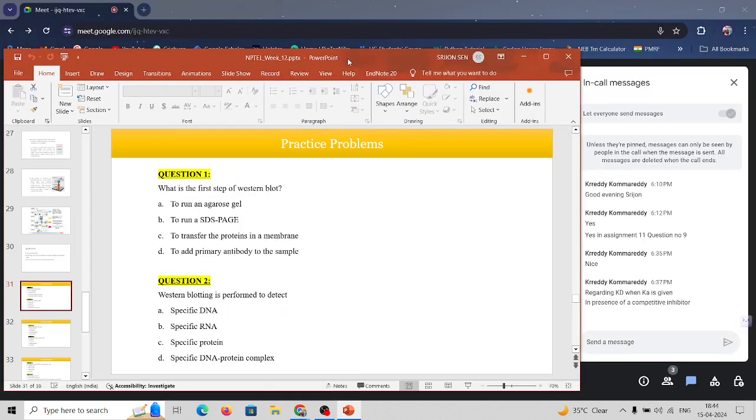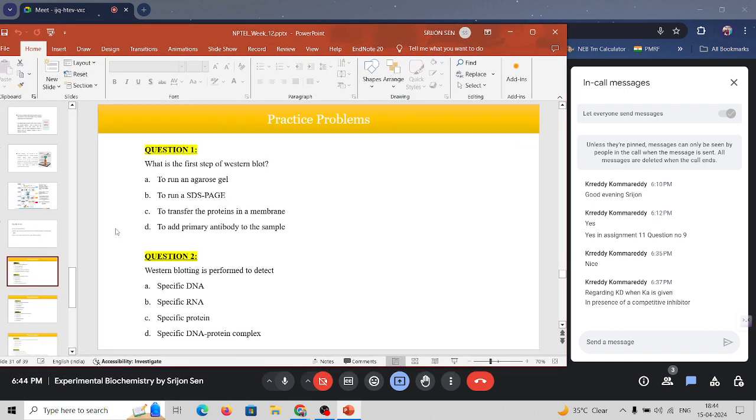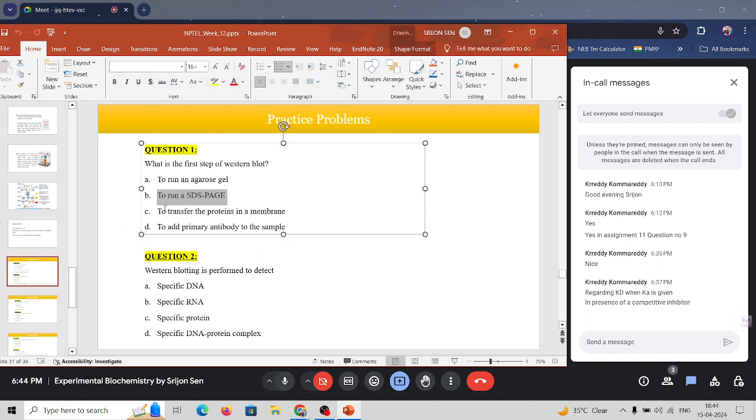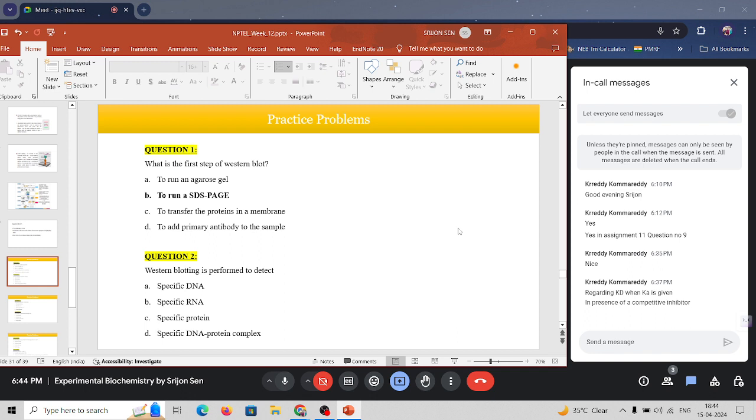So the first question says, what is the first step of Western blot? From here, basically, you can expect direct questions. It won't be very difficult for you to answer. These are basically direct questions. Run an SDS page. Yeah, that's correct. Running an SDS page is the first step that you do for a Western blot. So Western blotting is performed to detect